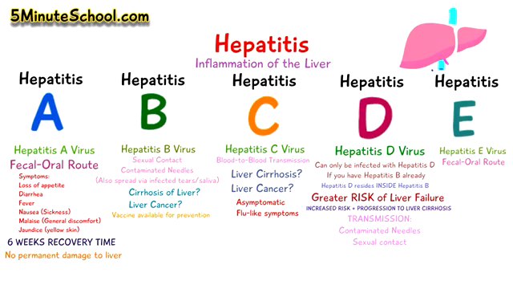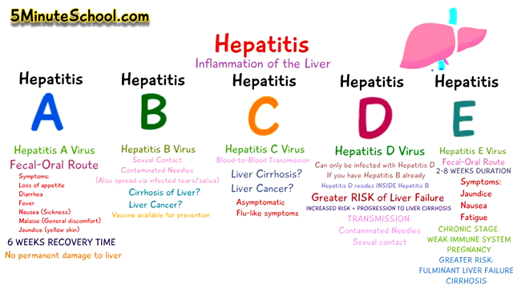The disease itself is quite self-limiting, so usually lasts between 2 to 8 weeks. This is considered an acute form of the infection. So the symptoms of viral hepatitis E would be jaundice, nausea, fatigue. When the disease progresses onto the chronic stage, the chronic form of hepatitis E is usually in those with a weakened immune system or pregnant women. Here we have a greater risk of fulminant liver failure or liver cirrhosis,